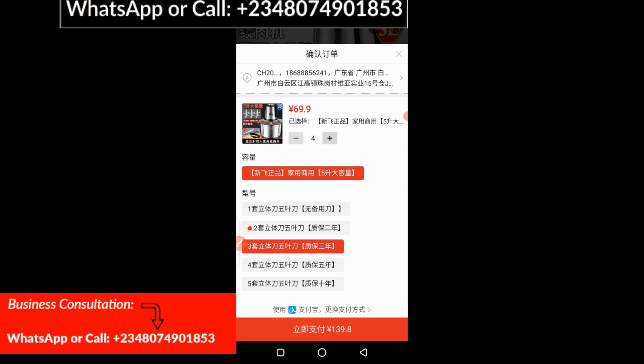So 1, 2, 3. Now the quantity I'm buying is 5, of different size and different capacity of the same product name. Now this is telling me that to buy the 5 quantity of this product, I'm paying this